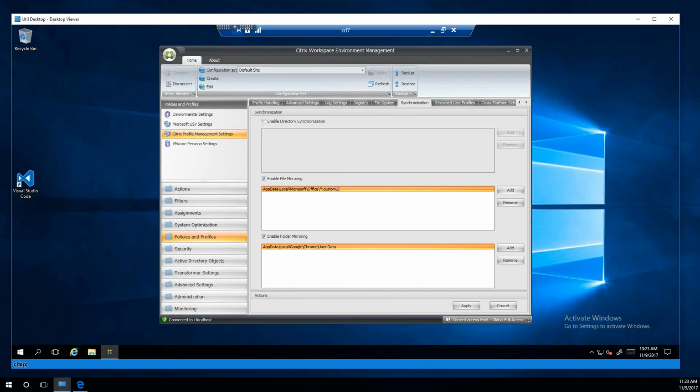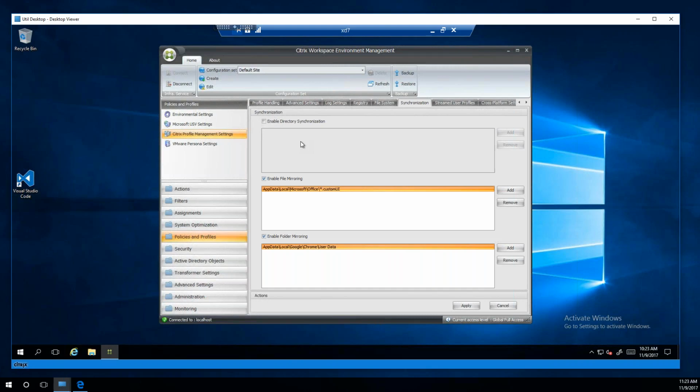All right. So there's one question here that I want to answer before I move on away from the UPM and go to policies, because I'm running out of time here. The directory sync versus mirroring. I get this question a lot. So the directory synchronization is as close to real time as Citrix UPM, or Citrix PM, I've got to remember to change the name, Citrix Profile Management will allow, where it actually synchronizes the directory back up to the UPM store as close to real time as possible. It's a 5-minute delay.